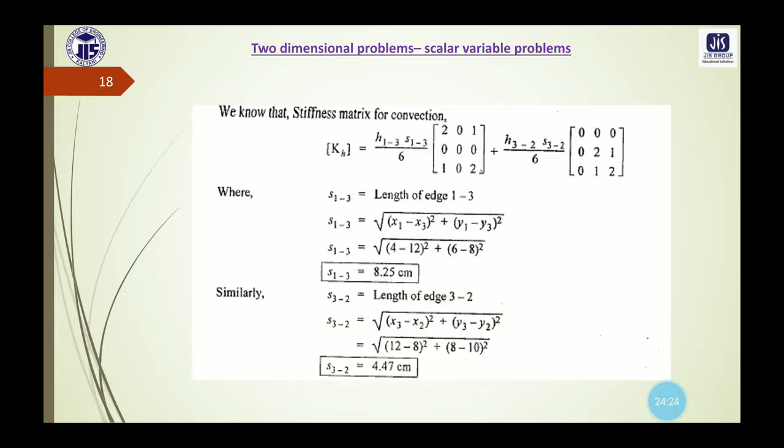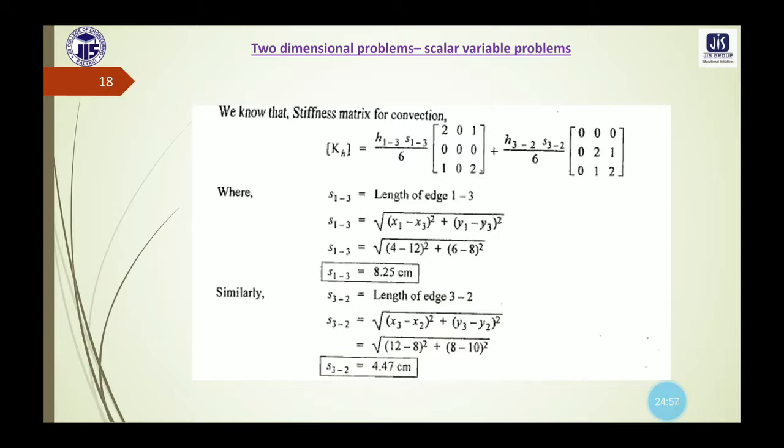Next we need to find the stiffness matrix for convection. So here from the two sides only of this triangular element the convection heat loss is occurring, so we'll consider those two sides only. In the formula for those two sides of this triangle we need to remember and we need to implement here. Now the H13 and H23, that is the coefficient of convection heat